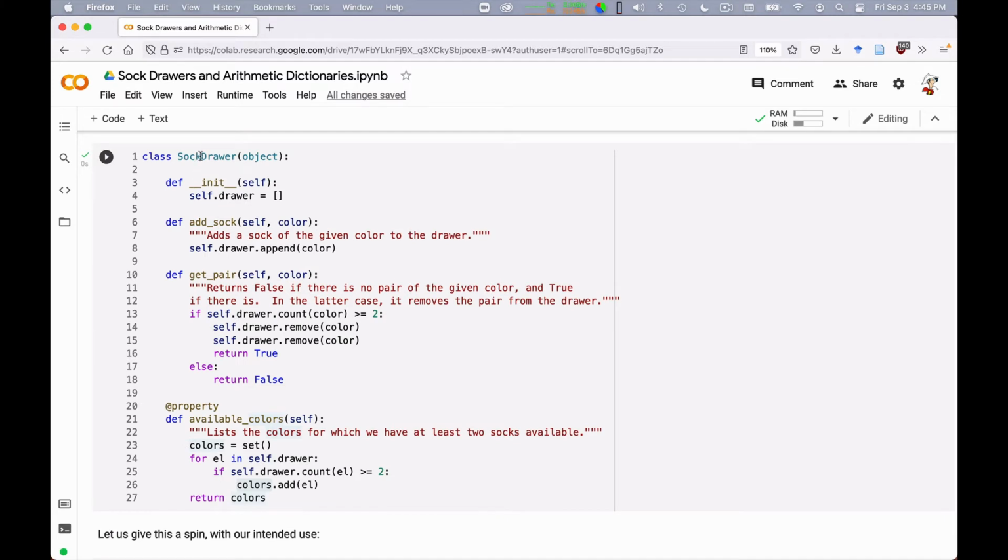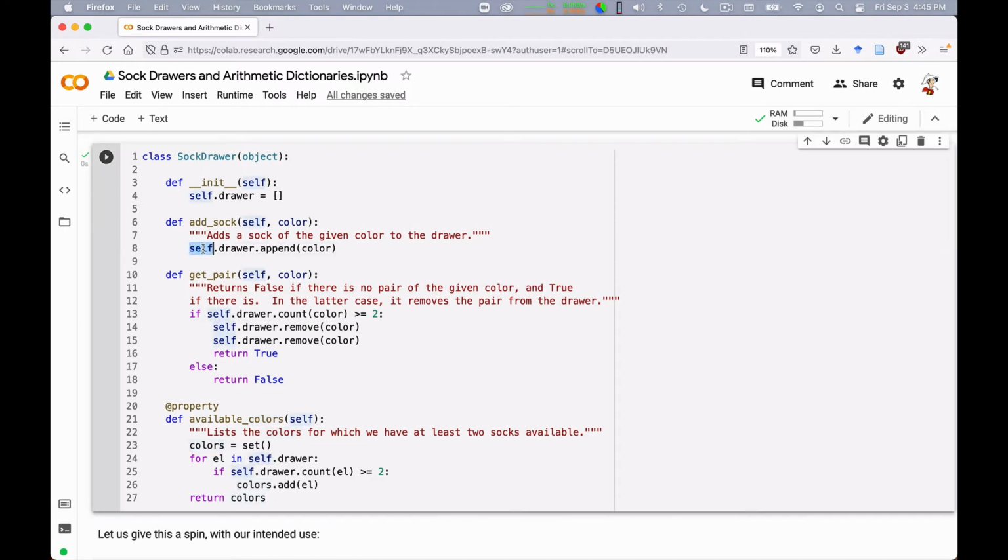What is really not incredibly nice is how we implement the drawer itself as a list. The point is that if we have a lot of socks of the same color, it's like counting in unary. If we have like 13 red socks, we need to store in that list red, red, red, red 13 times. We can clearly do better. The idea is to use a dictionary that maps the color to how many socks we have of that color. Obviously with the idea that if we have no socks of a certain color, say black, then we don't need to have an entry in the dictionary for black socks.